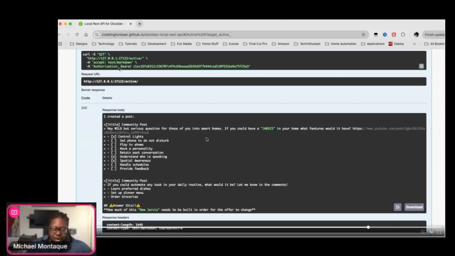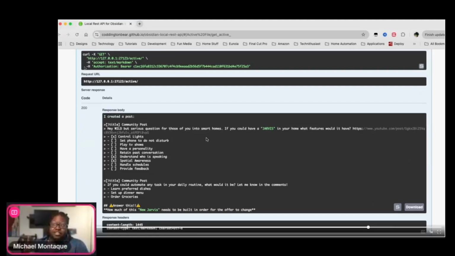Those of you who are comfortable with terminal and what you see here, this is probably for you. If everything that I'm saying right now sounds like some kind of weird new language, this plugin may not be for you, and that's okay. I do have a separate plugin within the community that does allow you to utilize Obsidian without needing to do all of this. It just abstracts it and hides it from you, and it still lets you ping it and get information. It's not going to be as robust as this, but it still gets the job done.